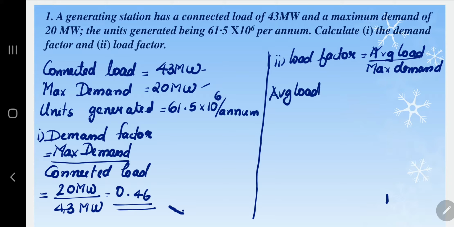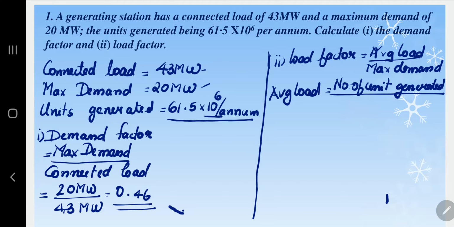It is given in the question that the units generated is 61.5 into 10 raised to 6 per annum. So what will be the average load? Average load is equal to the number of units generated divided by the number of hours in 1 year, as the generated units are given for 1 year. So we divide by 8760, the number of hours in a year: 61.5 into 10 raised to 6 divided by 8760, which is equal to